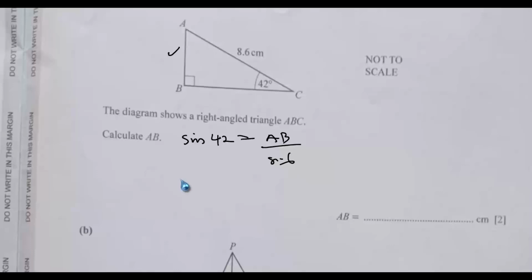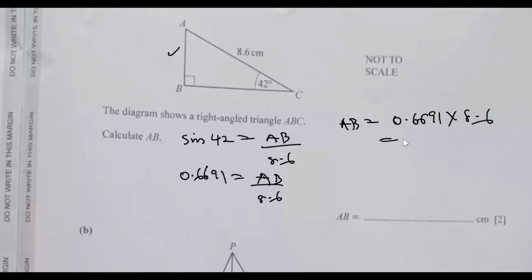Then sine 42 is the same thing as 0.6691, which equals AB over 8.6. If you cross multiply, AB will be equal to 0.6691 multiplied by 8.6. So let's write it here: AB is equal to 0.6691 by 8.6, and this will give you